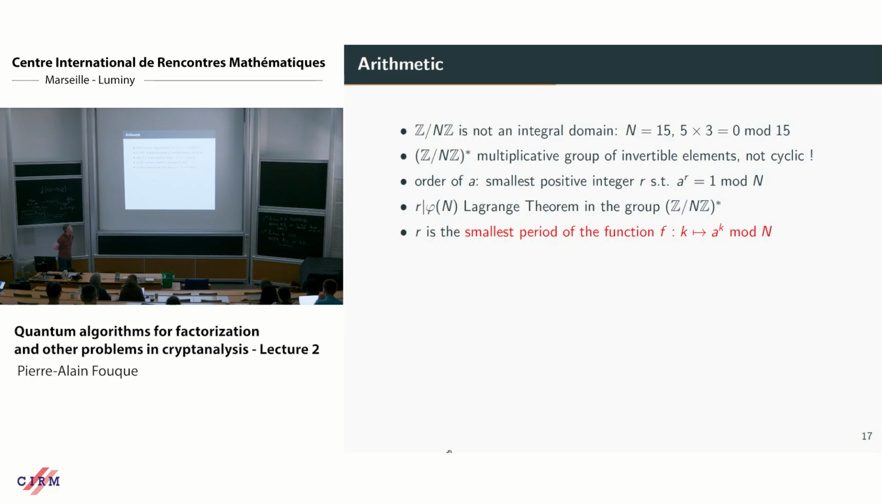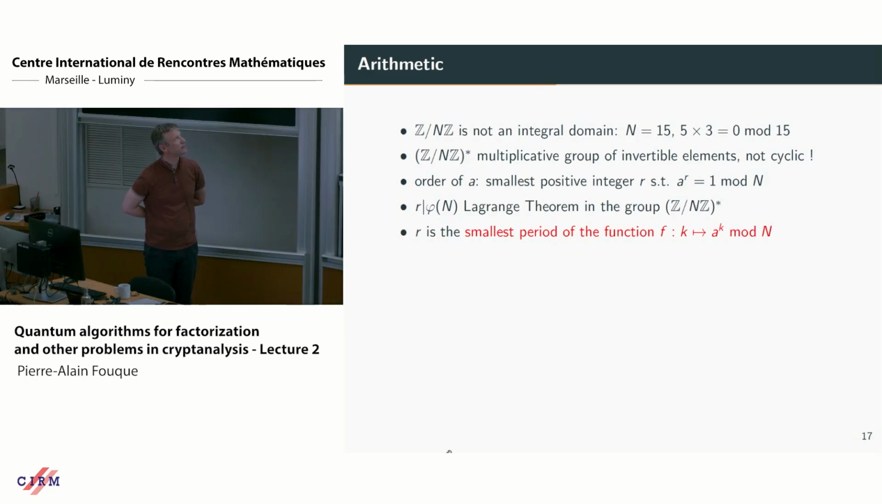And so Z/nZ, in fact, is not a field, and (Z/nZ)* is not as easy as (Z/pZ)*, because there are a lot of elements that are not invertible. So for instance, here, the notation,